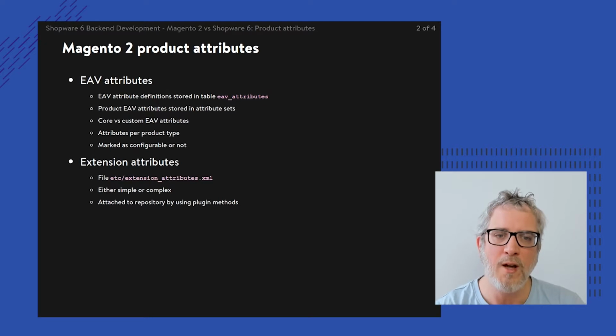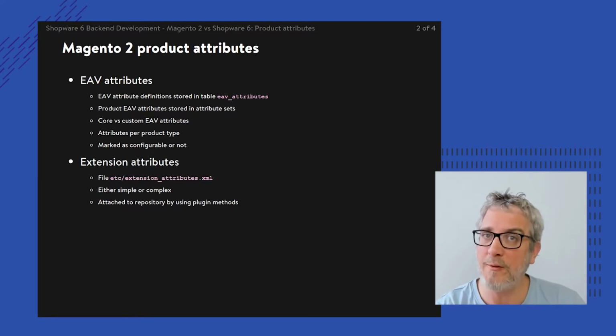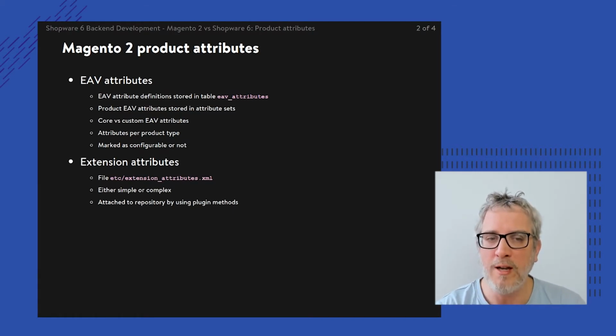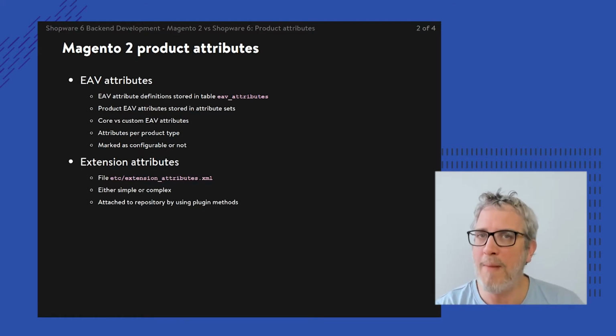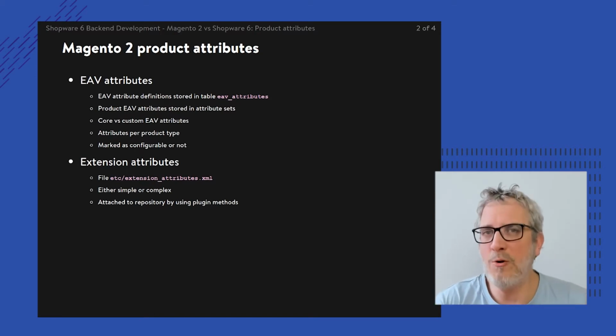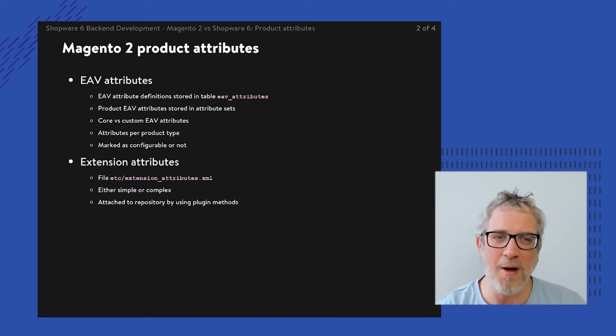that is then brought into the product entity itself. And that's leading into the follow-up, how to put those extension attributes to use. Well, by attaching them to a repository, by intercepting all of the methods of that repository, and you do so by using a plugin, a dependency injection plugin: before, after, around, etc. So hopefully this is shaping up the thing that you already know, because that's actually the goal, that you know about Magento and its ways of dealing with attributes.